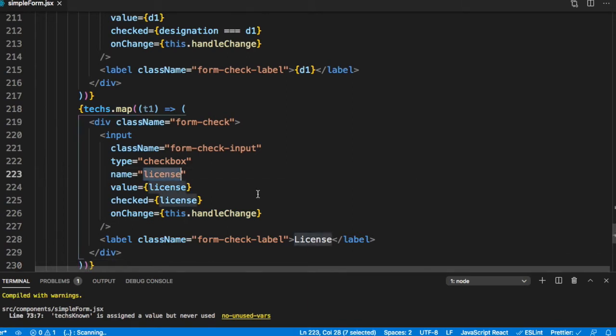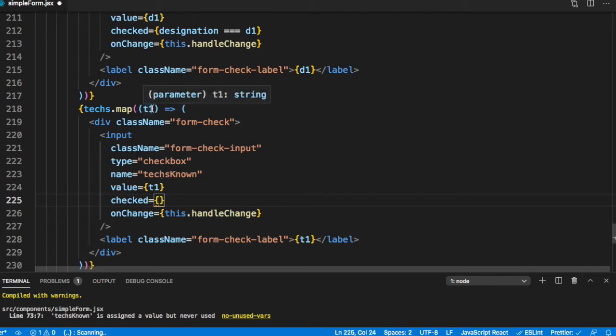So we said the name will be the common name, so it should be text known. The value in this case will be the value t1. We will come back to change, and that is the value we are showing. Now what do we want to do here? What we want to do here is that in the array text known, is this value t1 there or not?